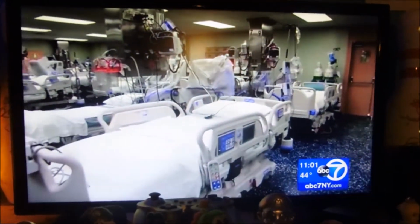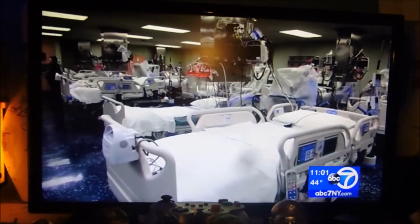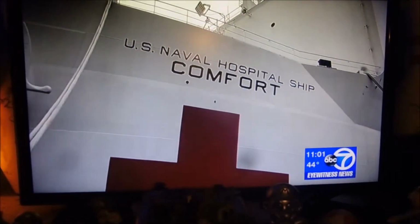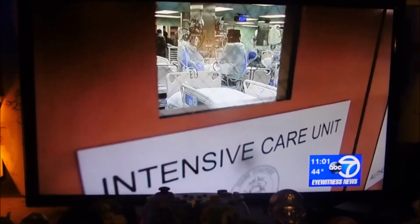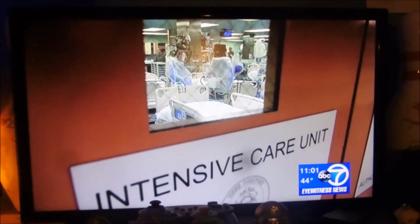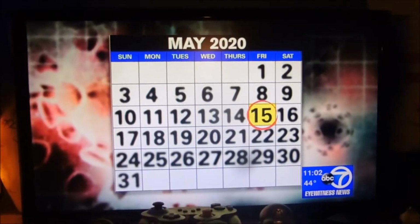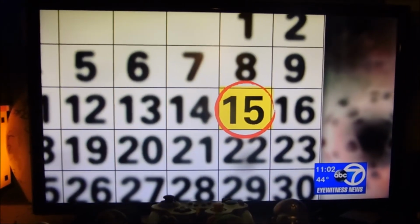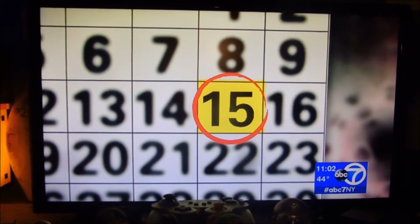The USNS Comfort is scheduled to sail away later this week. The medical ship had come to New York City's rescue at the end of March when COVID-19 was exploding. Thankfully, the worst-case scenario did not come to pass. The naval ship treated only 198 patients, and the last one left today. So now, all eyes are on May 15th, the date officials have penciled in to let New York start working